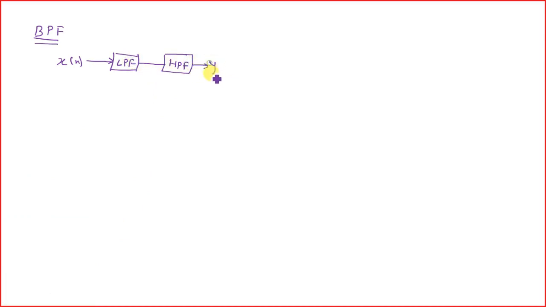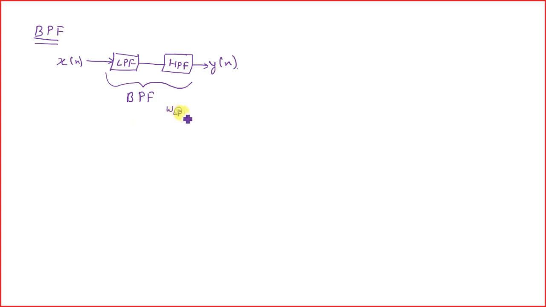And you get the Yn. Now, the composite of this one is a band pass filter. Now over here you have to keep in mind the cutoff frequency